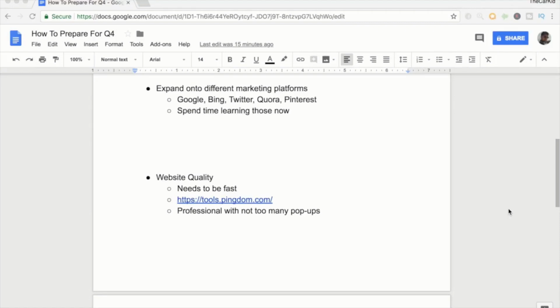about the different marketing platforms, because in Q4 the more marketing platforms you have, the higher the revenue you're going to get and the higher the profit you're going to make. So this is the best time to really target these specific marketing platforms and try to get the best bang